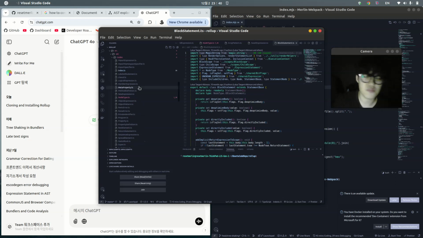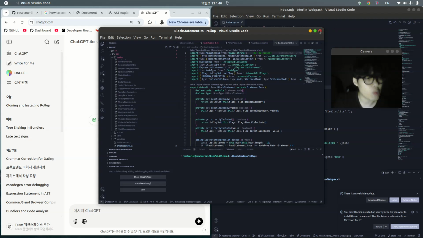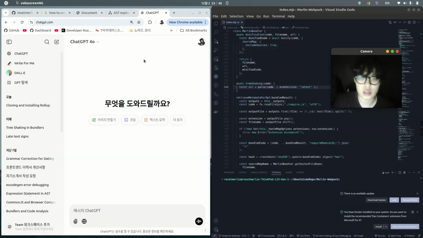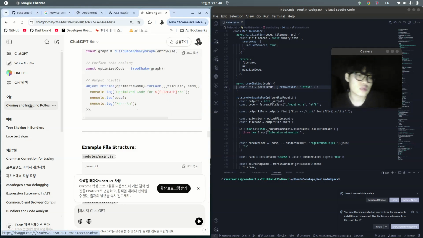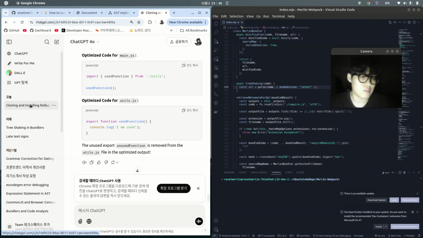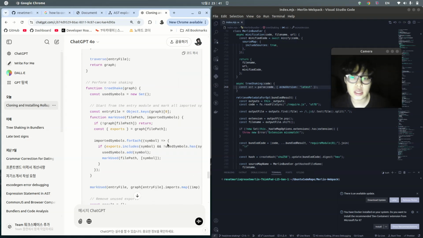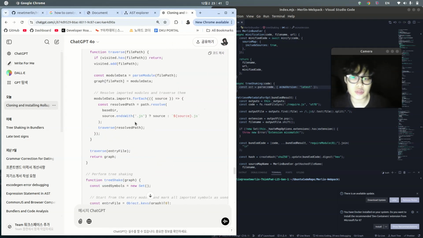But the thing is, do I have to make it like that? It's not necessary. I just want to understand how tree shaking works, but writing this code is really time wasting. I think it's not worth it, because even if I understand tree shaking and am able to implement it, how can I use it in a real web application like React? Since the bundlers are already doing the tree shaking, I think it's kind of a waste of time. But more interesting is that I tried to asking ChatGPT to implement tree shaking, but later